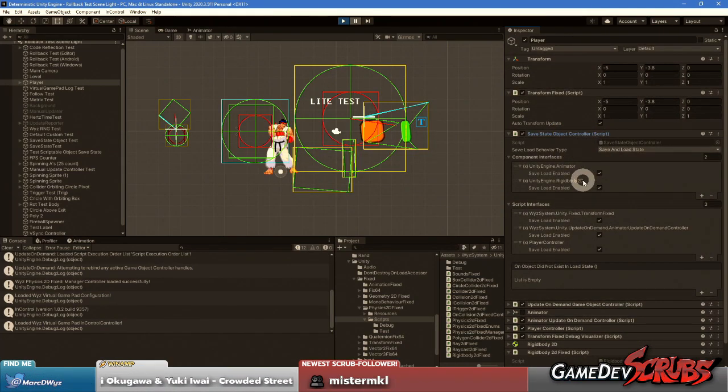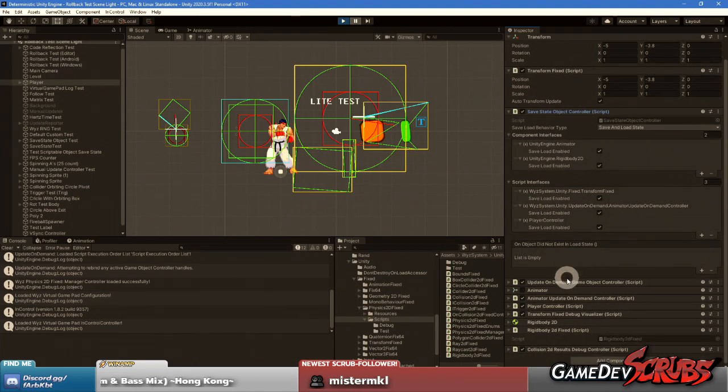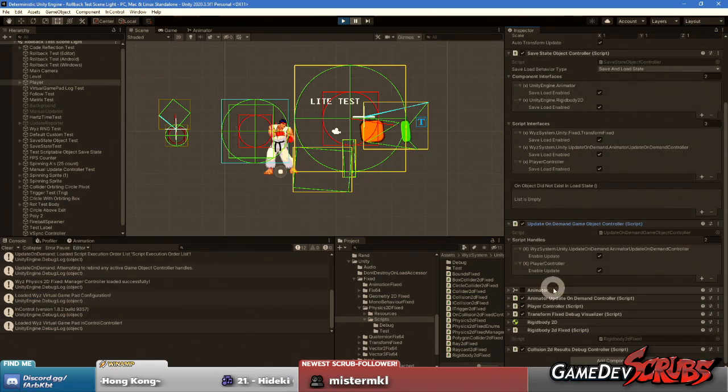This is also for the rollbacks, you need save state and load state. So I built that system, but it's just a component in Unity. And then here's my update on demand. This is my rendering agnostic update loop. Whenever I need to call an update, that's why it's called update on demand, I just tell it, hey, go ahead and update all the objects. Every object that's got this script can start to implement these updates.